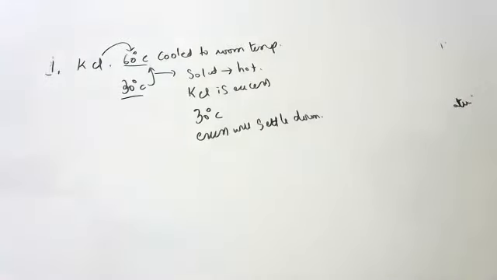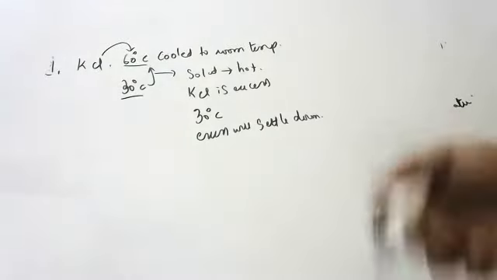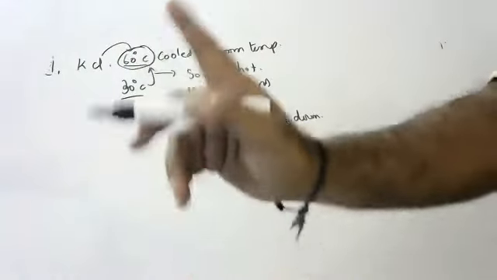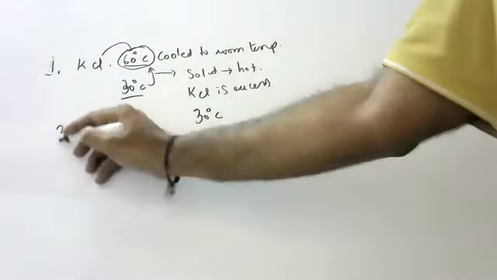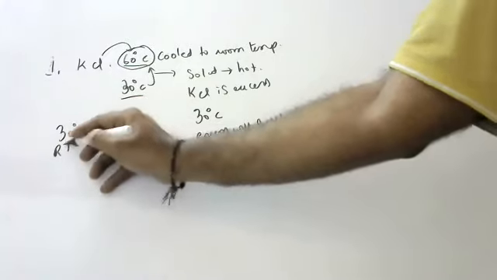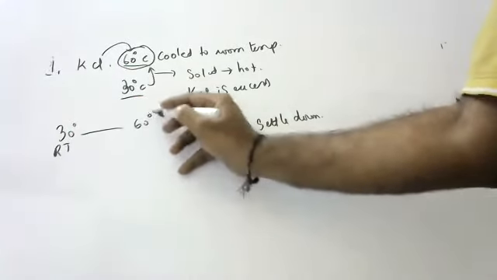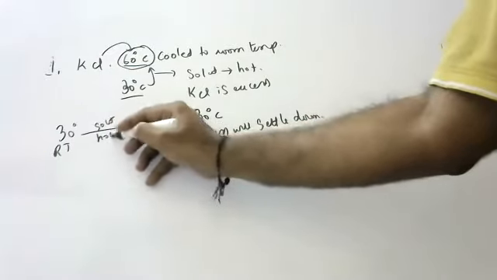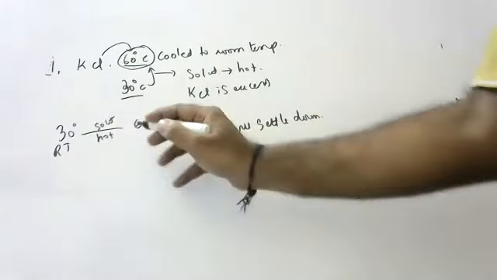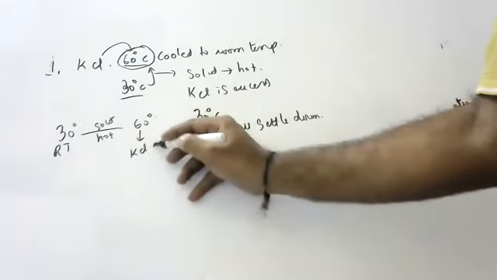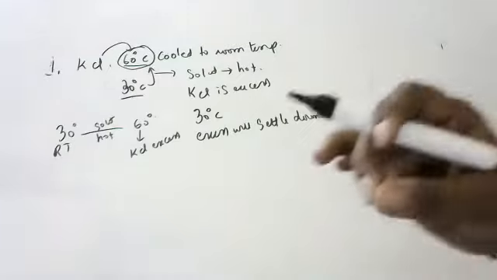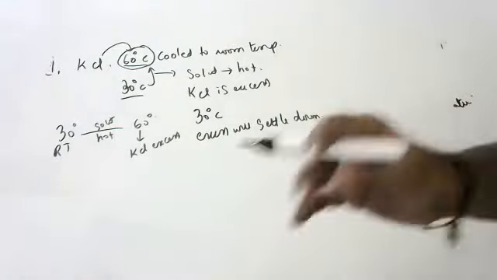Children, did you all understand? You didn't understand, okay? Again, I'm saying slowly. Room temperature is 30 degrees now. 60 degrees means the solution is made hot. When the solution is made hot, it will take excess solute, no? When you make anything hot, it will take excess.